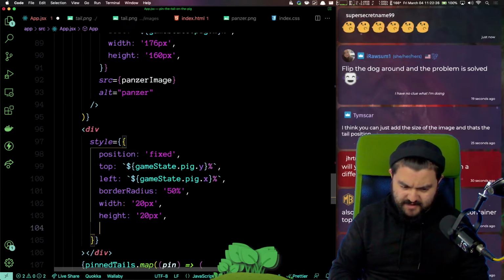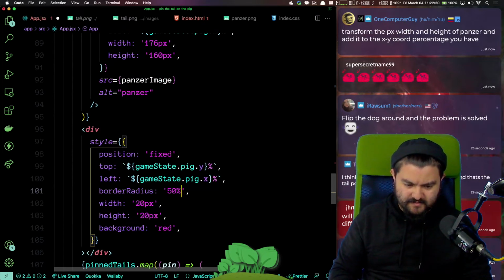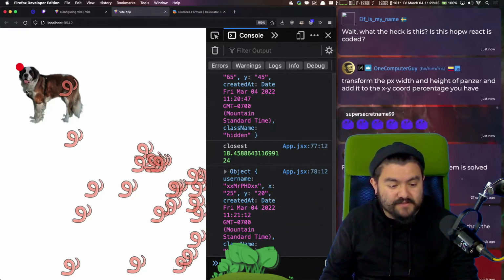That should give us a circle, right? Background, red. Yeah. So I want to adjust the maths so that this red dot appears over here.